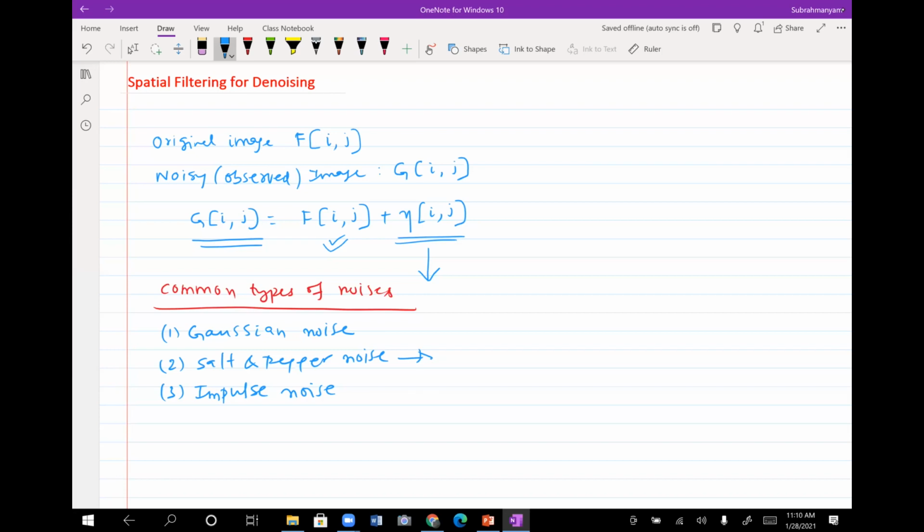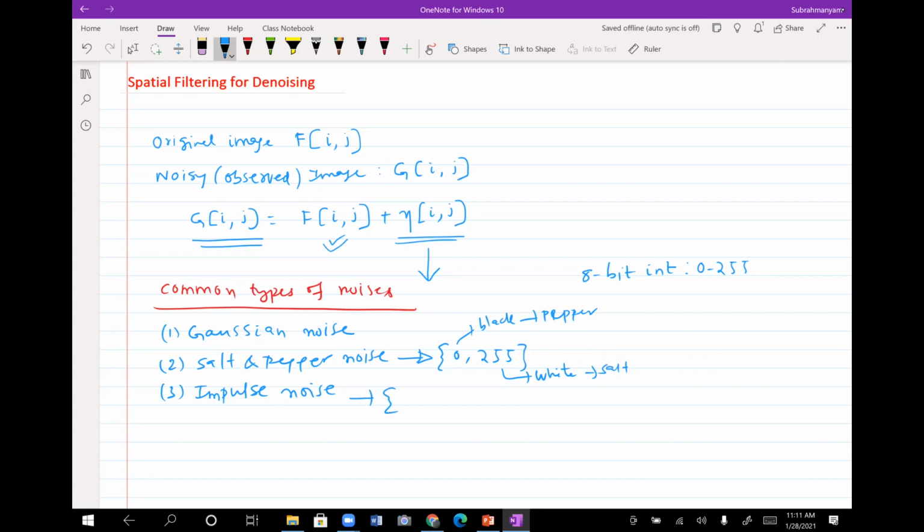What do you mean by salt and pepper noise? Assume that you have an 8-bit integer for storing the values. Then what is it that this noise would add? 0 and 255. Very good. So 0 is black, which is pepper. We are referring to it as pepper, pepper being black. This is an 8-bit integer, which means it can have values from 0 to 255. 255 is white, that is what we mean by salt. So these are the two values that get added to a given image.